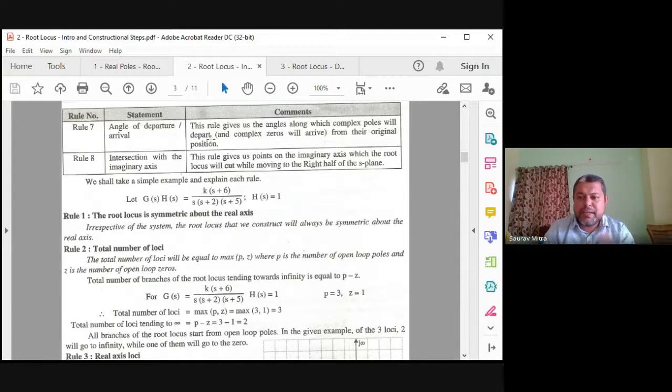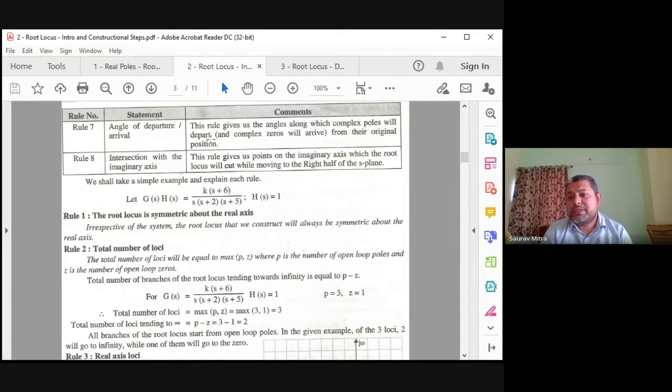Not every numerical will be like this, parallel with respect to the j omega axis. No. If there are three open loop real poles, as I explained yesterday, one pole will start from its position and go along the negative real axis, so that is an absolutely stable pole, but the other two poles are conditionally stable. That means for low k they will be in the left half of the s plane. For very high k, they will cross the j omega axis and enter the right half of the s plane. In yesterday's numerical, from 0 to 162 we found that the poles were in the left half.